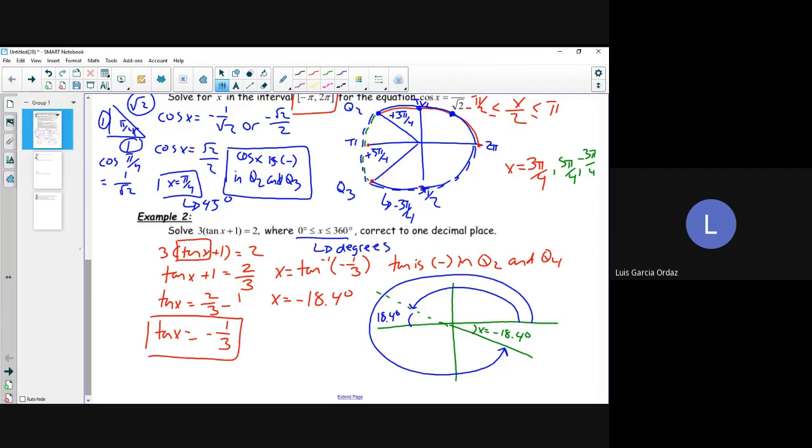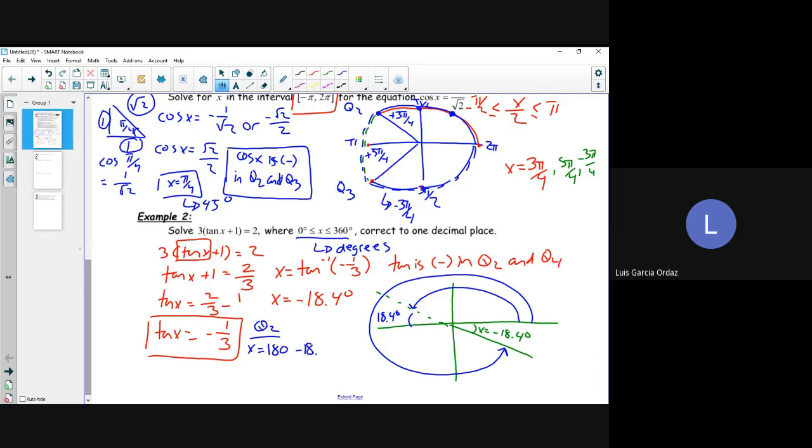The calculator should be on degrees, not radians, if you want to change stuff into degrees. Yep, 161 and 341.6. So for the angle in quadrant 2, we're just going to take x is equal to 180